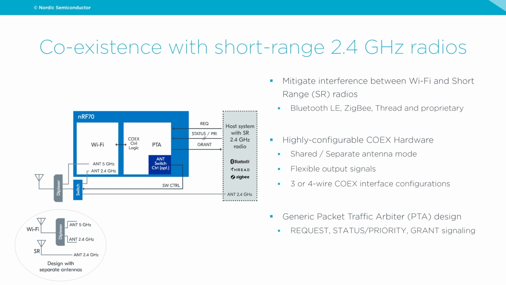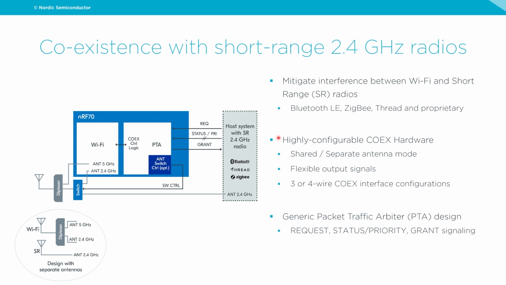For example, if the Bluetooth LE radio receives a packet, it's important that the Wi-Fi is not transmitting on the 2.4 gigahertz band. So the nRF70 Series devices have this wireless coexistence control logic that's based on